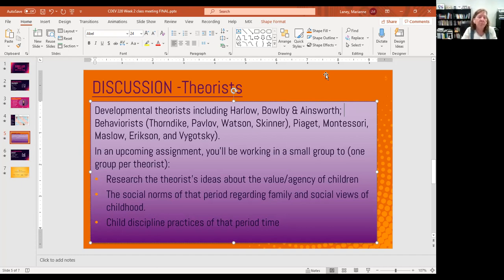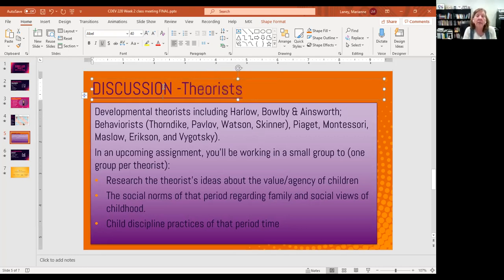But the part that people don't talk about with Vygotsky was that model and that sense of using tools, one of them being language and artifacts from our culture, to teach us that sense of belonging and connectedness that we have within our community, whether that's our family or the larger community. So we have these theorists, and I picked these.